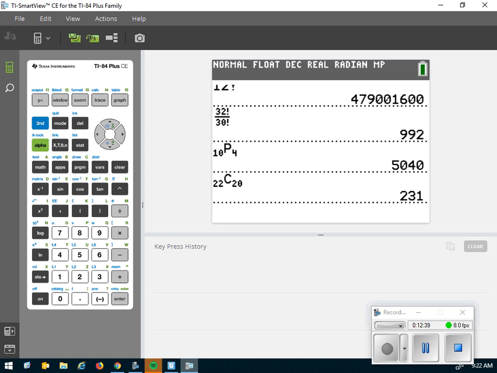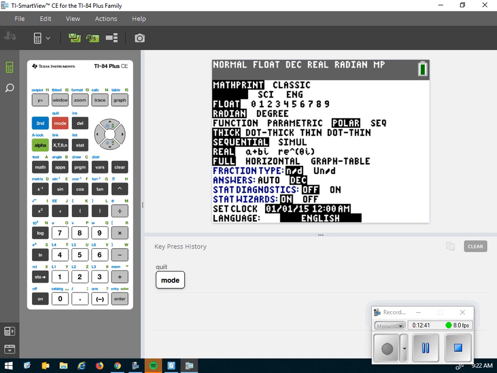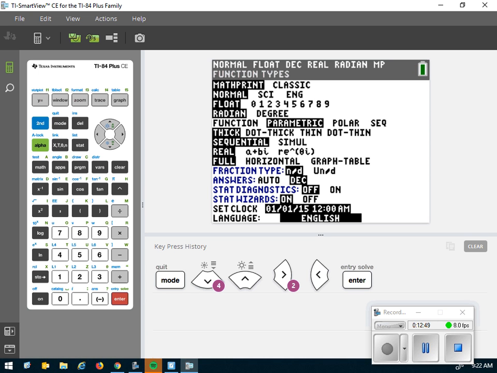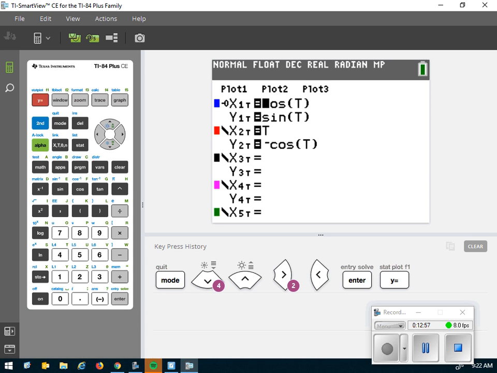Now, you have to be in parametric mode. Oops. Now, the only time radian or degree will matter is if we have a trig function in one of our equations. Otherwise, it doesn't matter. Now, you'll notice